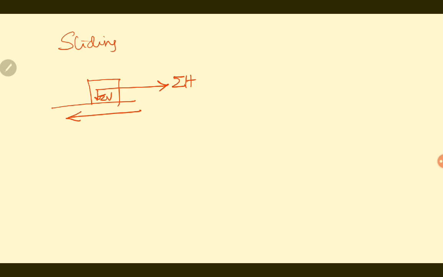Now what will be the second condition for finding out the base width? The second condition was to make sure that the dam is safe in sliding. When considering sliding, you may be remembering a figure like this where the dam structure is subjected to horizontal forces, sigma h is acting here, sigma v, and there will be a frictional resistance which will be equal to mu into sigma v. In order to make sure the dam doesn't slide, you have to compare these two forces and make sure that mu into sigma v is greater than sigma h. In that case, the dam won't slide.